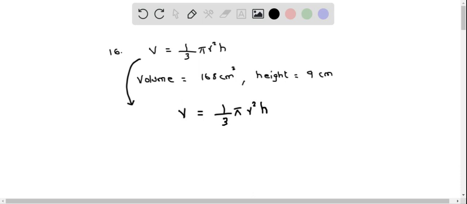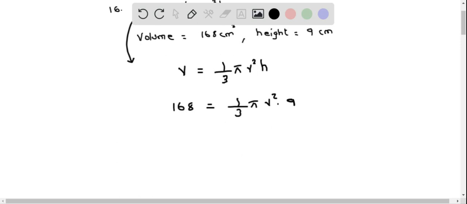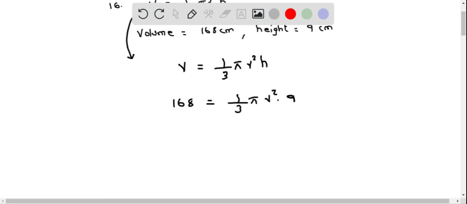Now replace the volume V by 168. So therefore 168 equals 1/3 pi times r squared, and now replace the height h by 9 centimeters, so this becomes 9. Now we should solve for r squared from this equation. So we should have r squared on the right side and every other term on the left side. That means we multiply by 3 first, so 168 times 3, and this equals here we have pi times r